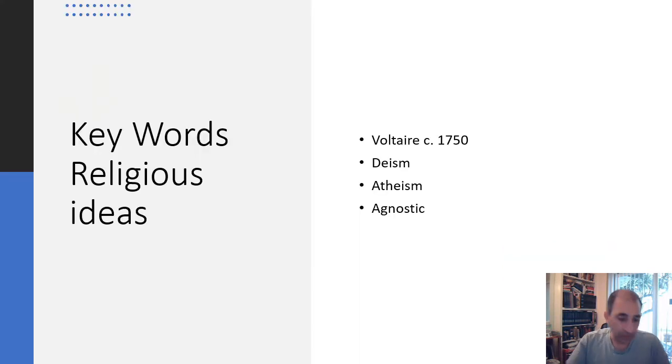All right, now we move on to another element of the Enlightenment, which is religious ideas. During the Enlightenment, there are a few religious ideas, one name, and then a few ideas I want you to know. So we'll start with Voltaire, also from France. Voltaire was actually a playwright and wrote a bunch of stuff, but one of the things he definitely wrote